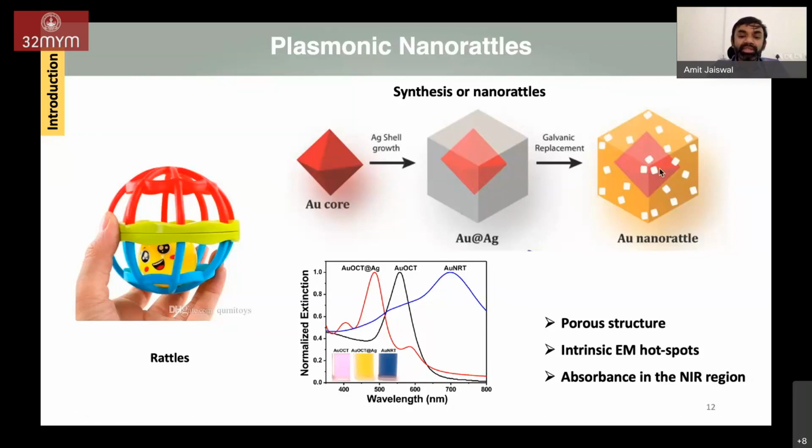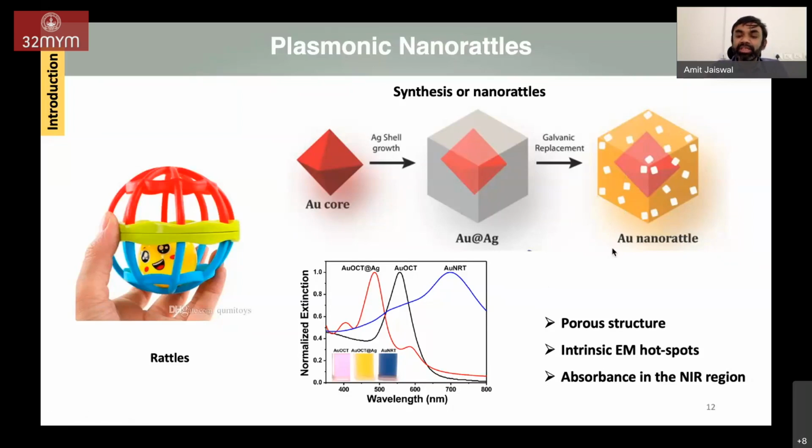So why do we prepare this kind of structure? The reason is that we are able to shift the surface plasmon resonance from the visible region to the NIR region by creating a porous hollow structure. In addition, we achieve the presence of intrinsic electromagnetic hotspots. As I mentioned in my previous slide, if two nanoparticles lie close to each other, the region in between the two will have an intense electromagnetic field, and that can be exploited for bioimaging as well as